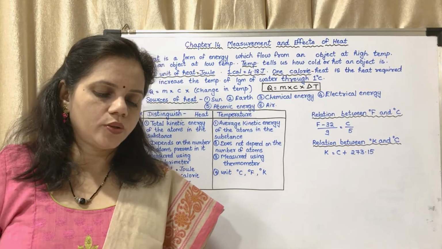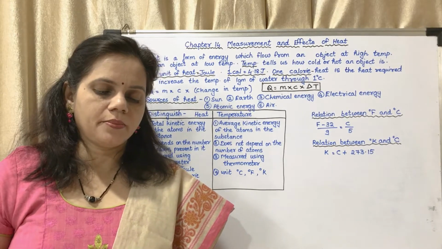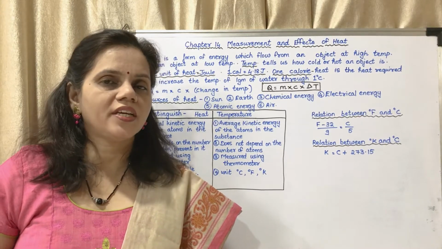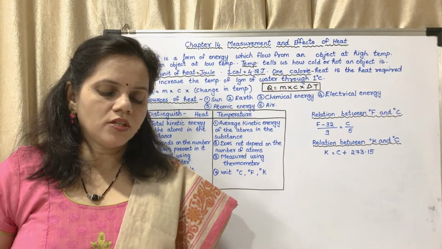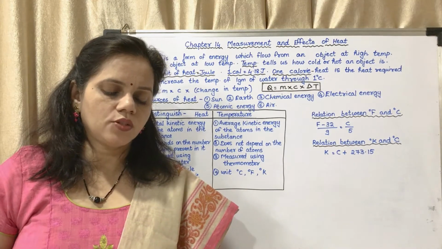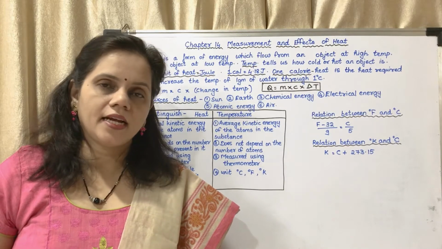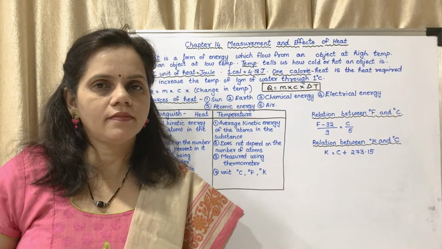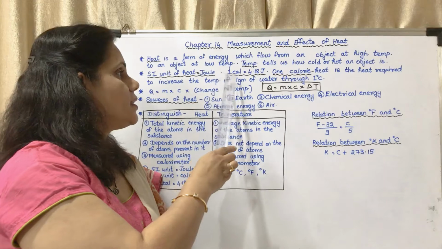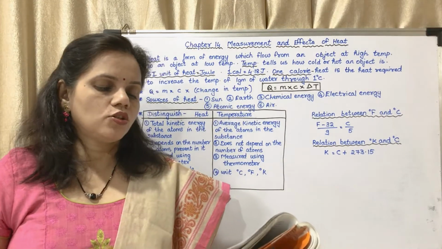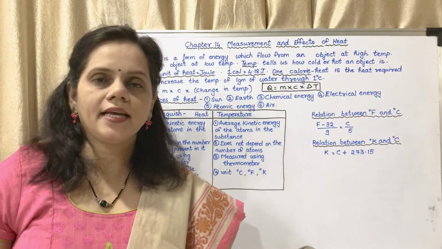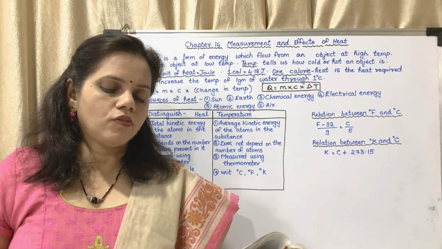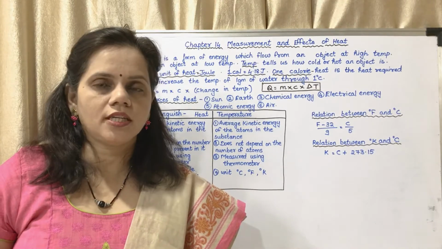Heat required is equal to mass of water into change in temperature. Okay, mass of water into change in temperature. Here as it is the specific heat of water, it is 1500 into 30 calorie, that is 45,000 calorie. That is in CGS units. What about SI unit? You have to multiply it with 4.18 because 1 calorie is equal to 4.18 joules. So by multiplying you are getting it as 1,88,100 joules.